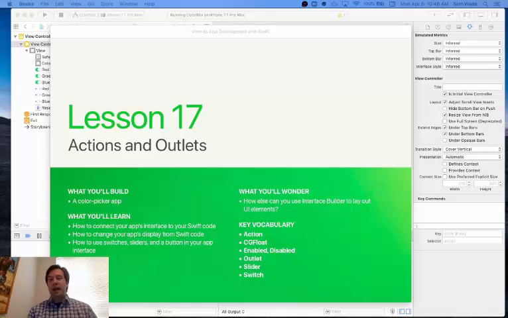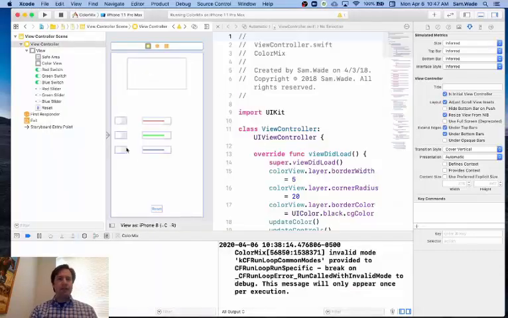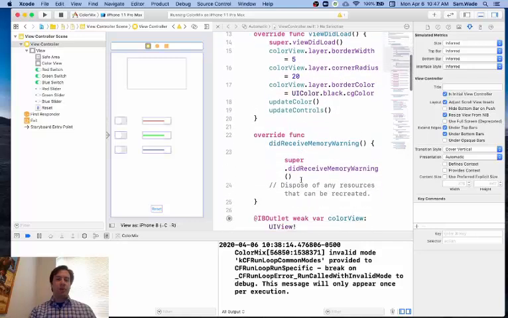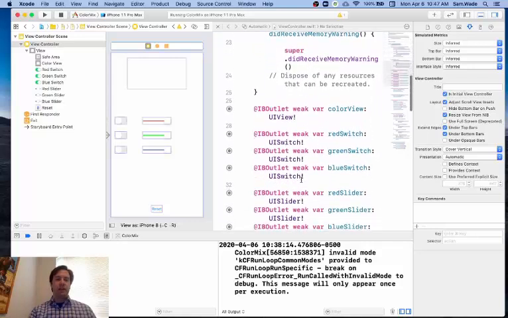and it's kind of a cool little app program because it lets us explore a little bit about what we know about computers and colors. So when we finish the app, we're going to have a screen that looks like this, where we have this little view here in the storyboard, and then we have a series of switches and sliders. We also have a button here to reset things, and then we've got some code, and we'll look at how this code works,